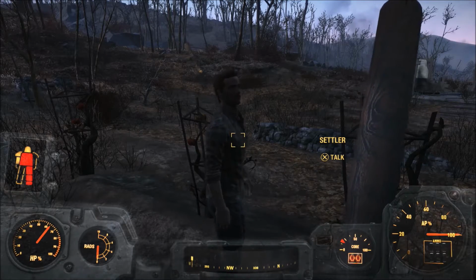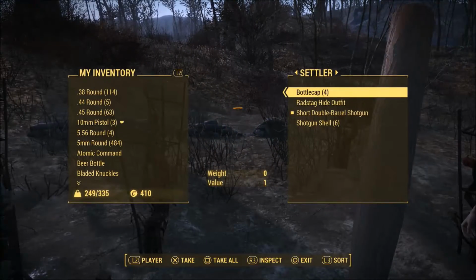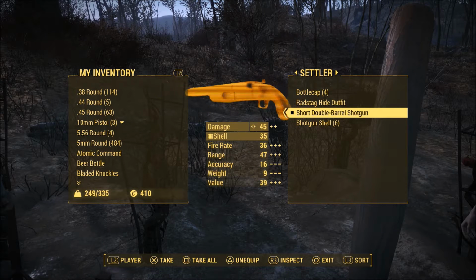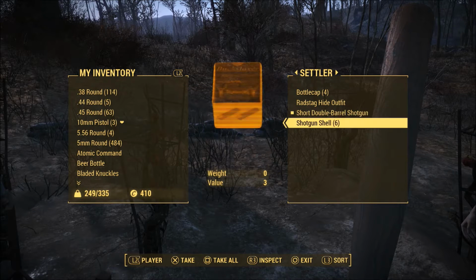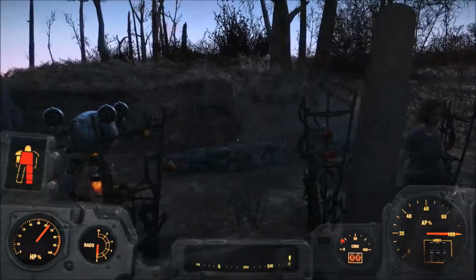So he's joined the Minutemen. Does that mean he's going to move to the other settlement with us? Let's trade. Go ahead. What has he got? Has he got anything that we want? No, he's got a great double barrel shotgun actually. That looks incredible. We have got a few shotgun shells. We've already got 35 shells on us, but...